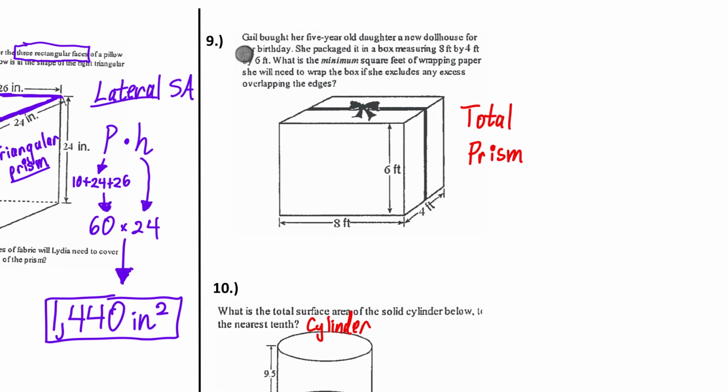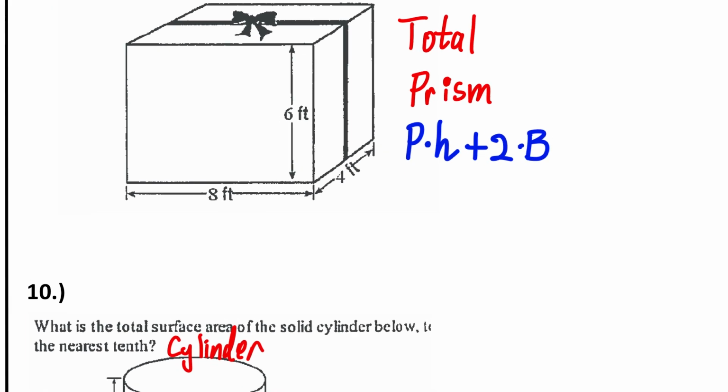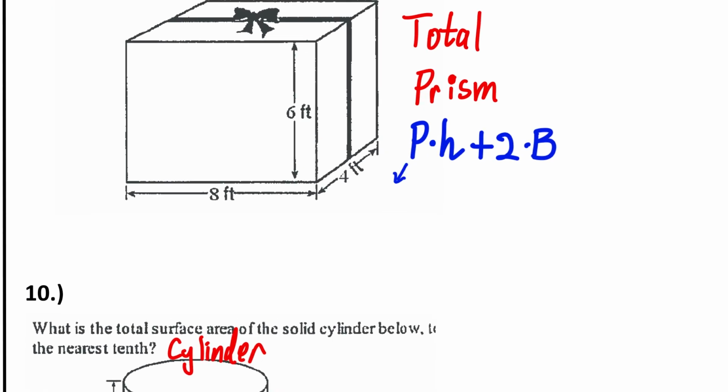Okay, up here, total surface area of a prism is P times H plus 2 times B. So for the perimeter of the base, I'm going to add 8 plus 4 plus 8 plus 4, which is going to be 24. Okay, the height of this thing is 6